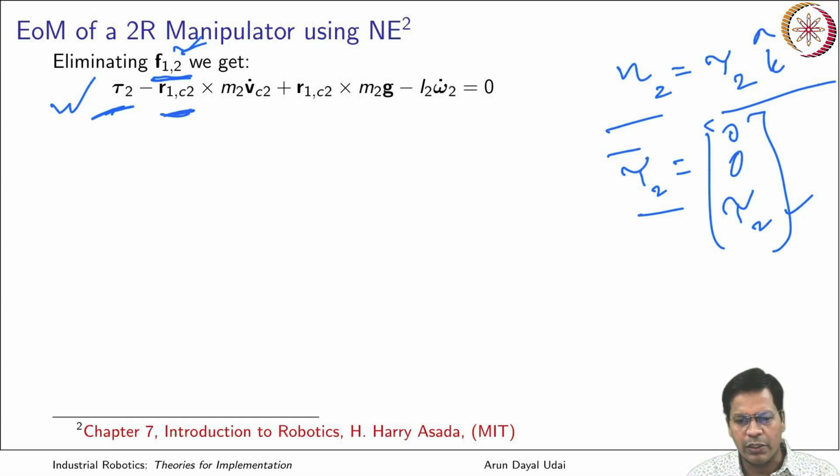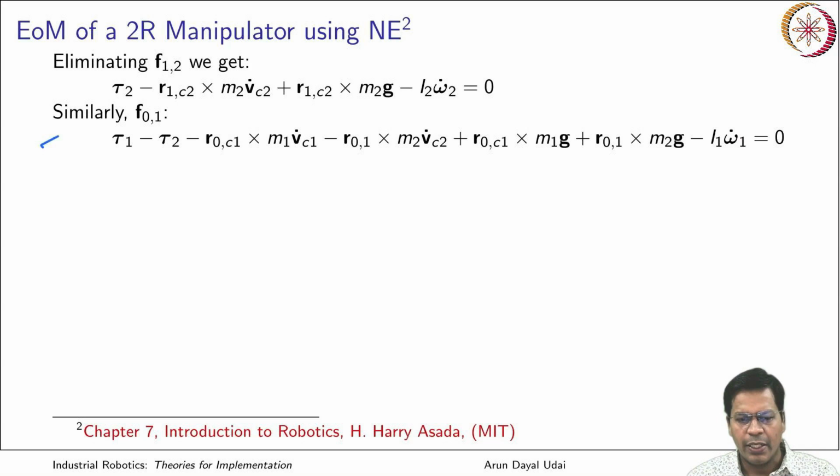So here goes the original thing. Both are the same, and I have just substituted F12 from the moment equation of the second link, so those terms come here. So that is the expanded form. I can write it like this. The last term was exactly this one. So again,